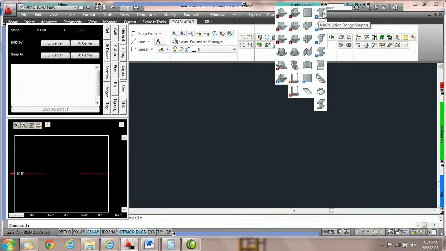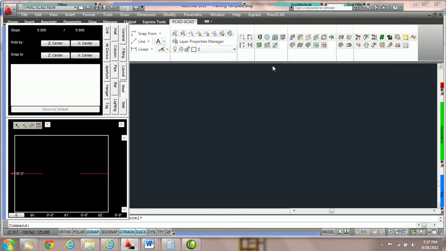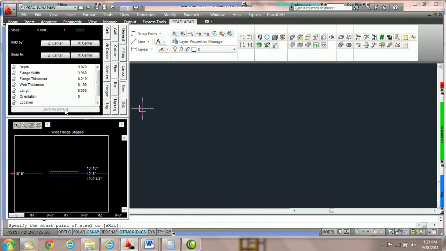And if I choose this wide flange shape catalog and then hit place to select an item out of that catalog, you'll notice the Save as Default button cannot be pressed here. If I want to change the actual catalog entity, I must go into the library icon and change it there, and there are separate tutorials on that